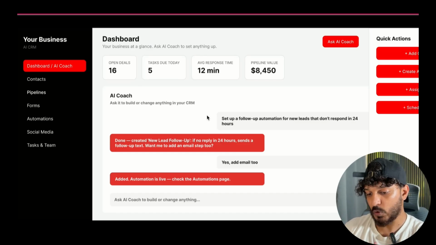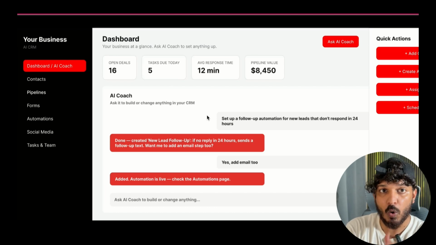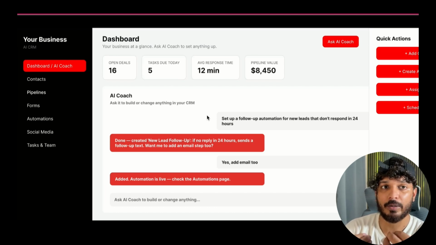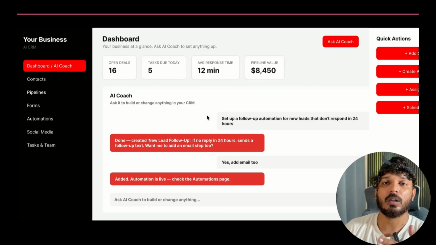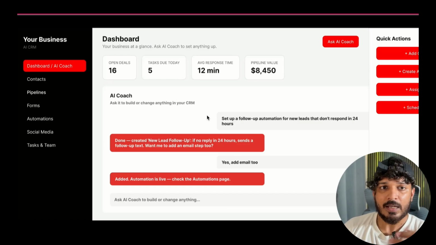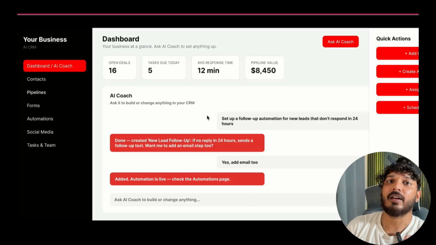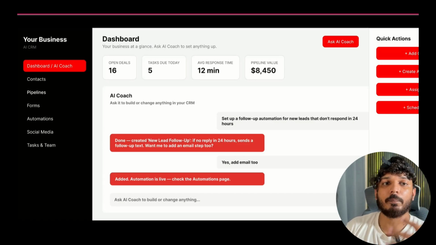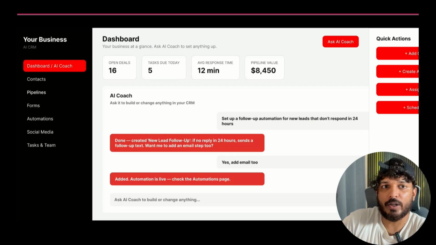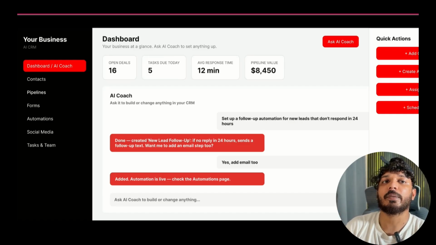Then the AI coach is also here, which is the most valuable and most important part of our entire CRM. This is the actual selling point of the whole product. This is the one right here, the AI coach. It's a chat panel built right into the dashboard. The business owner just types whatever they want, like, let's say for example, set up a follow-up automation, remind me to text this customer. Let's say I wrote that, I will show you right now on the live app,